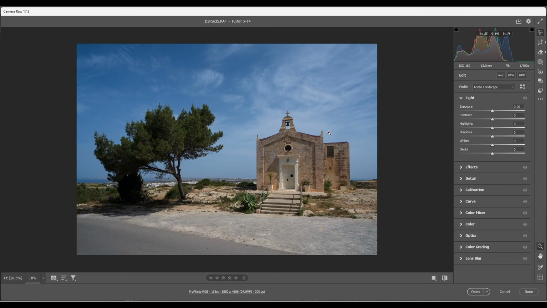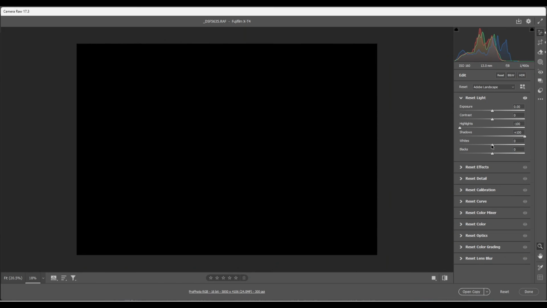And here, like usual, we're going to start off with the exposure panel. I'll be reducing the highlights all the way, increase the shadows. I think I'm going to increase them all the way as well. Now I'm going to increase the whites, and I'm going to press down the Alt key on the keyboard at the same time and move the white slider until I see